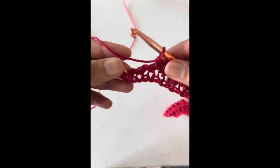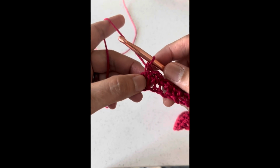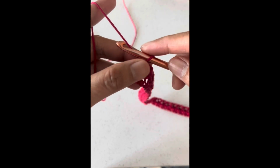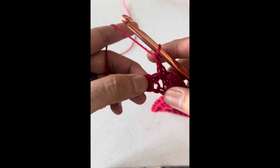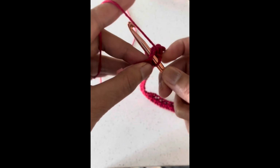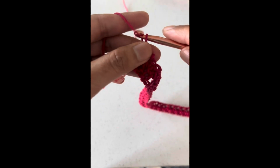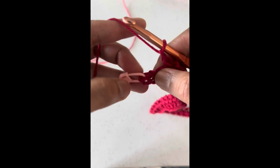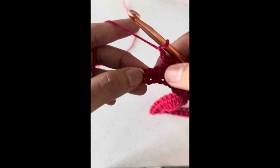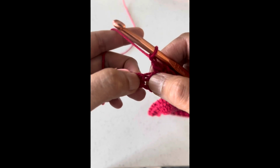So I'm nearing the end of the row. I just finished making a single crochet on that chain 1 space. I'm gonna chain 1, skip a stitch, and then single crochet on the chain 1 space, chain 1, skip that chain, skip that single crochet, and single crochet on the chain 1 space,